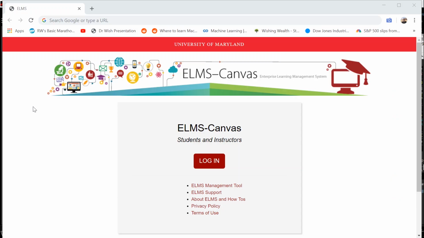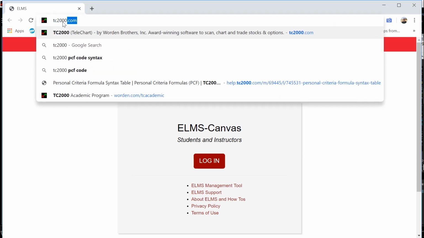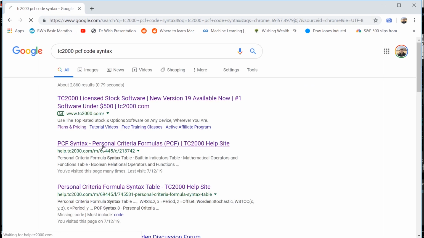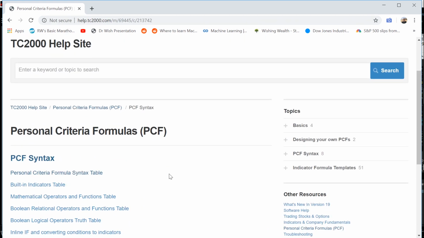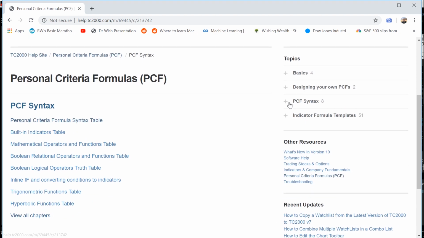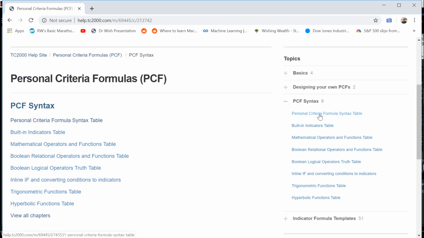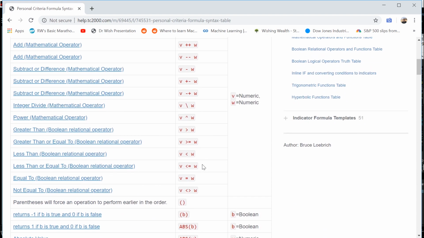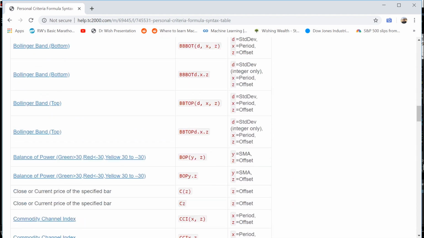Even if you haven't done any coding before, I promise that you'll be able to pick it up. What you have to do is Google TC2000 PCF code syntax. You're going to click personal criteria formulas, and here you go to PCF syntax and the personal criteria formula syntax table. On this website are many different operators that you can use, as well as all the syntax we'll need